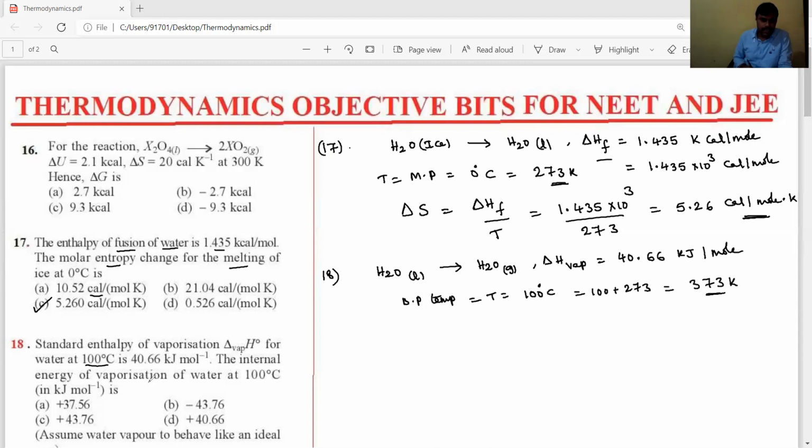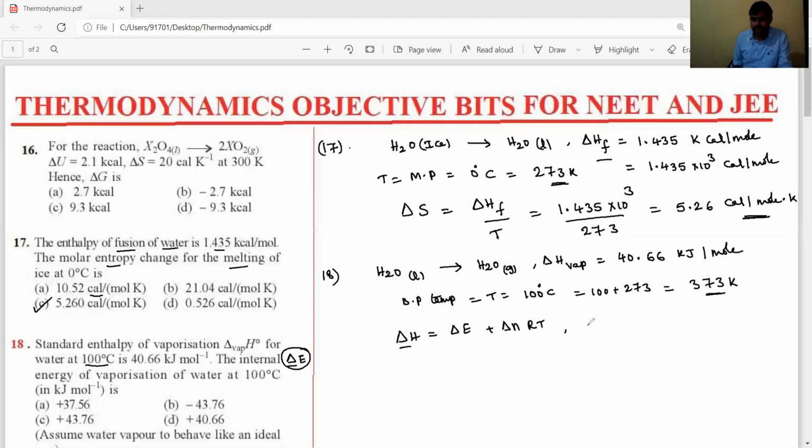Then we need the internal energy of vaporization of water at 100 degrees centigrade. So what do we have to find out here, students? The delta E value, the internal energy. We know that delta H value is already given, and delta H is equal to delta E plus delta N into RT. Okay students, now for this we know the delta H value is 40.66 kilojoules per mole,